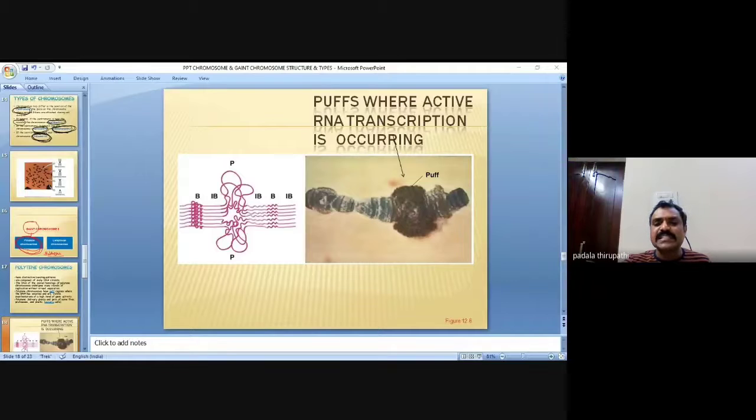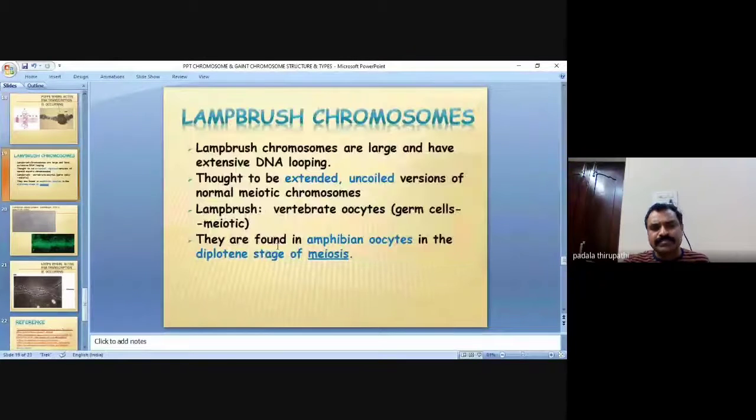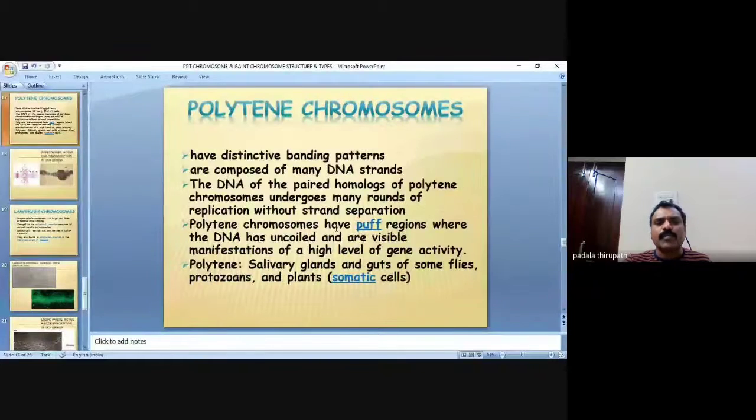Why can we say this Balbiani ring? Just because these chromosomes were first identified and explained by the scientist Balbiani. So that's why we can call this ring the Balbiani ring. These polytene chromosomes